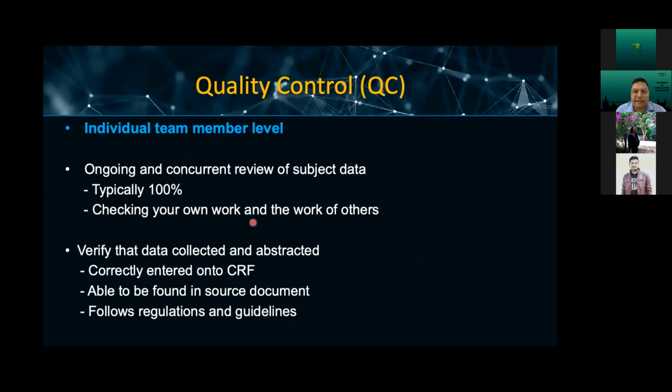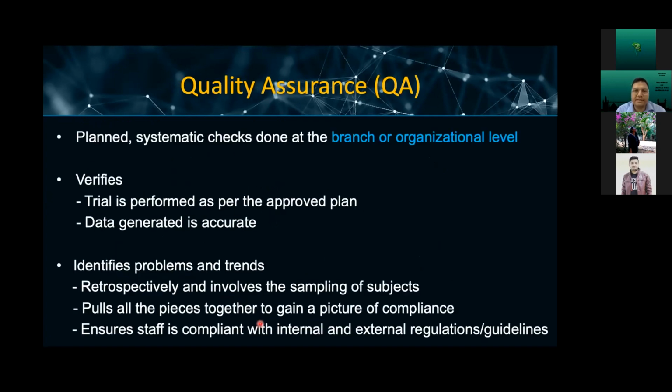Checking your own work and the work of others is the primary aim, and it verifies that the data is collected and abstracted correctly, entered onto the case record form, able to be found in the source document, and follows the regulations and guidelines. While quality assurance is a planned, systematic check done at the branch or the organization level,